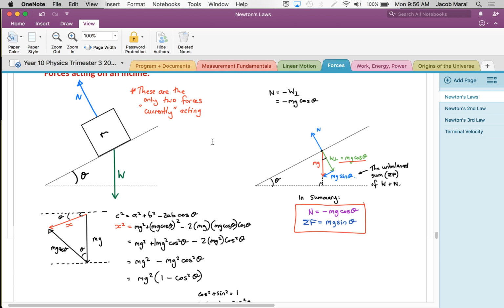which makes sense. Again, if we set the incline to 0, then there is no unbalanced force. We can say that the force down the incline is mg sin of 0, which is a big fat 0. Or if we made the incline 90 degrees, imagine I drew an incline of 90 degrees and I put my object here, there is no normal force. The force down the incline is mg sin of 90, which is just mg. Okay? So you can analyse it at both extremes, on a flat incline, on a vertical incline, and for any angle in between,